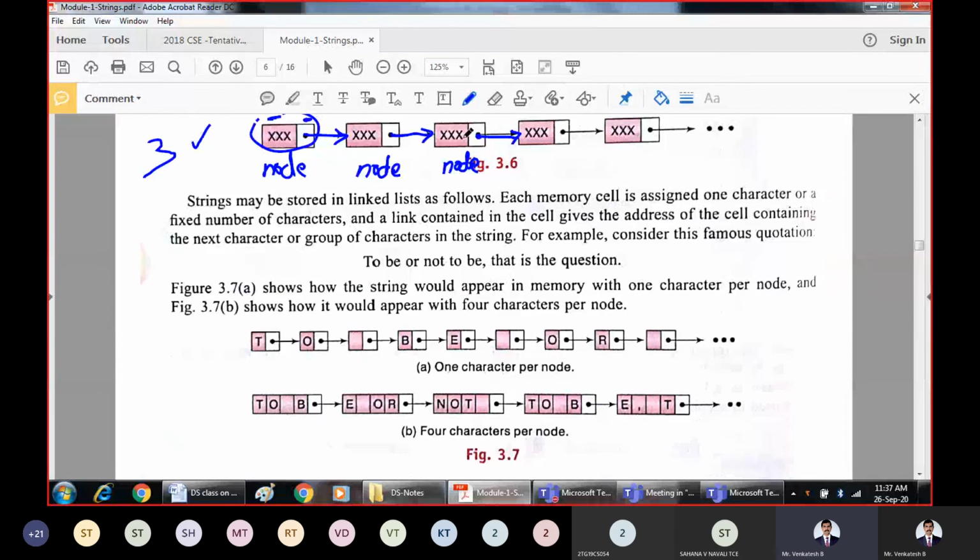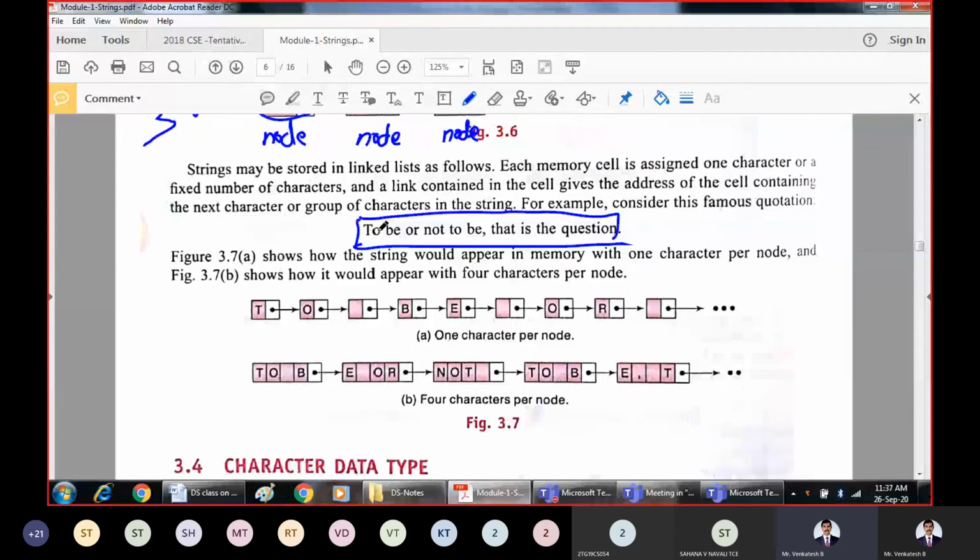So for example, this is the information I want to represent using linked storage. Two possibilities: either you can use a node which is going to contain only one character. Every node contains only one character, that is, node 1, node 2, node 3, and so on.